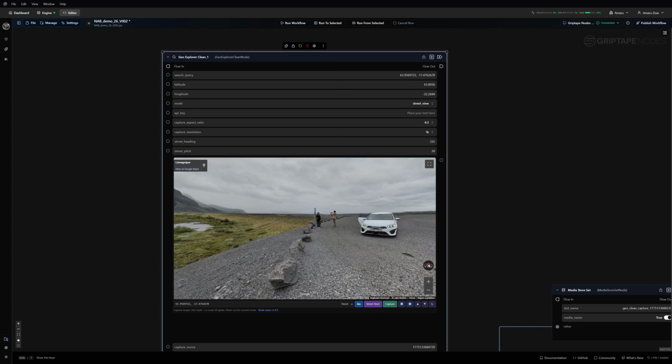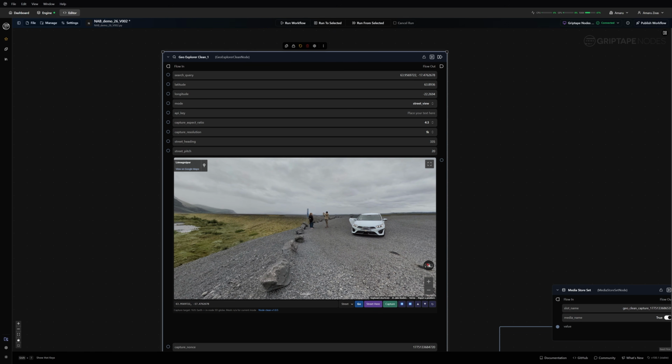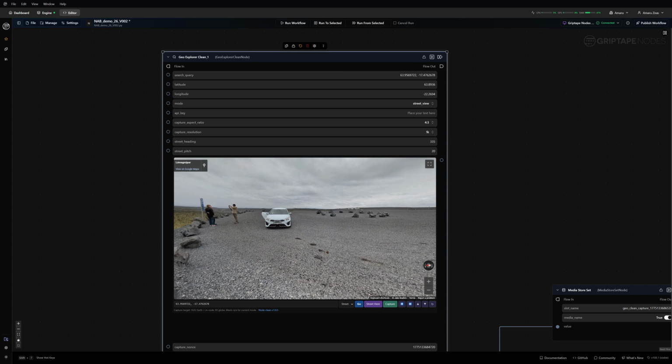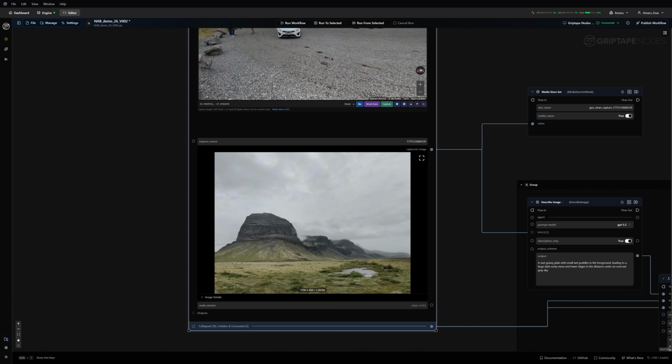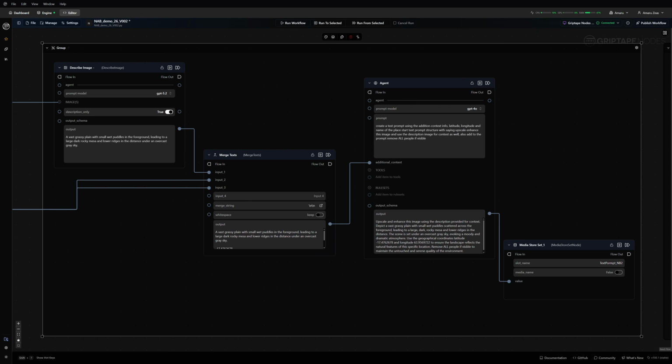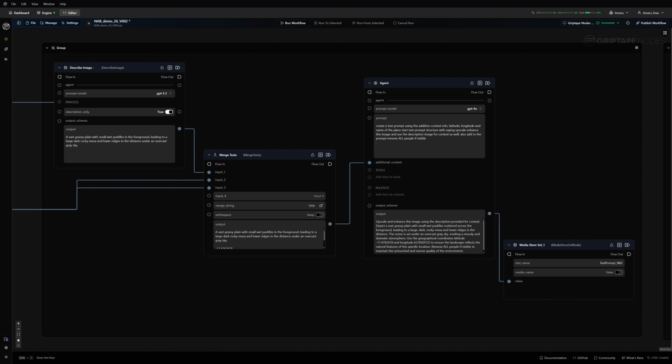Right now we have a Google Earth node that allows you to go to any part of the world by just typing the location or just the latitude and longitude, which is pretty cool. And then I'm just taking a screenshot of that specific place. But you can use a text prompt, or you can use your own image as well. And then this image is being fed to my next phase, which is the creation of the text prompt using